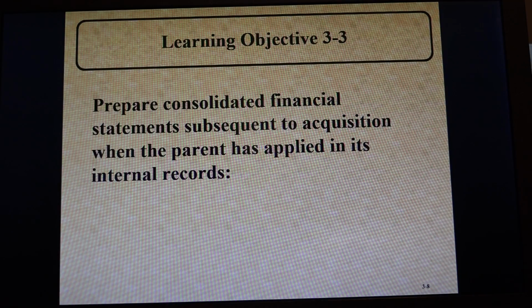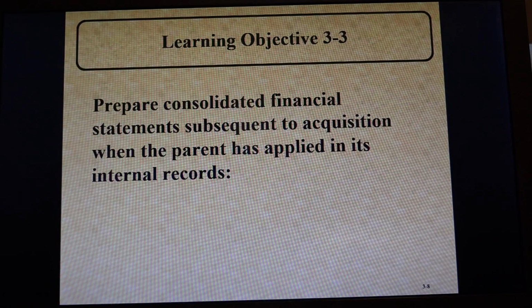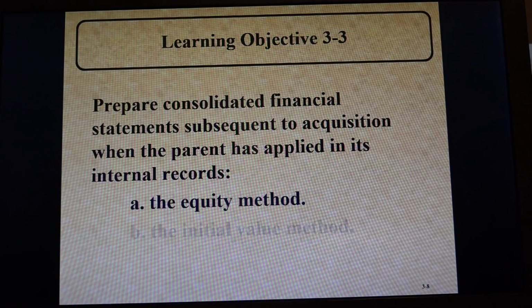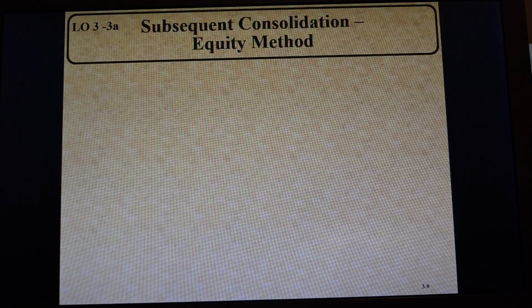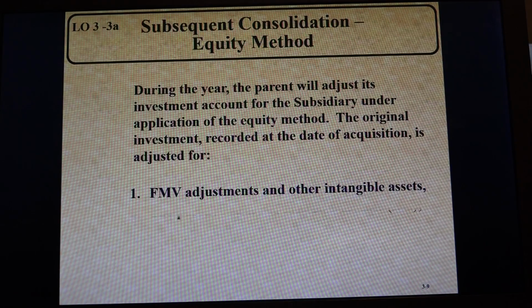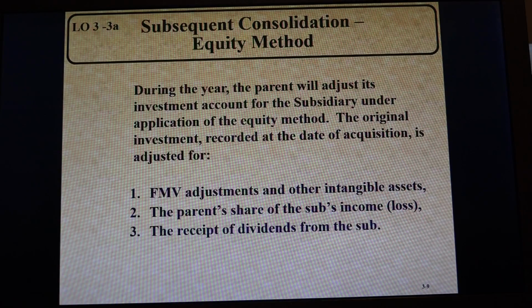In this example, starting on page 88, parent company obtains all the outstanding common stock of Sun Company on January 1, 2014 for $800,000 in cash. Well, I'm going to get to it eventually. All right, so